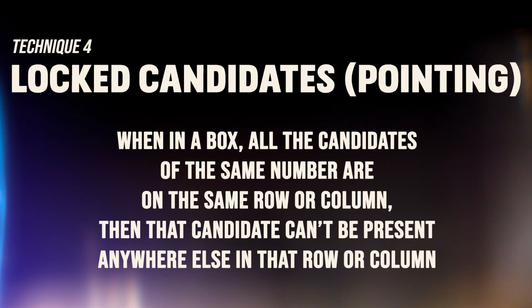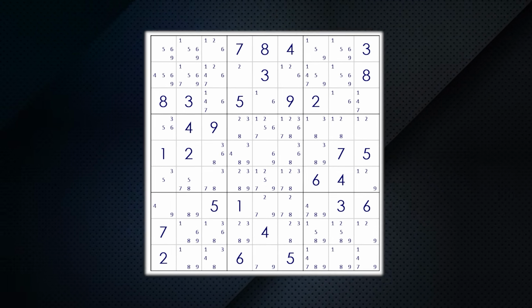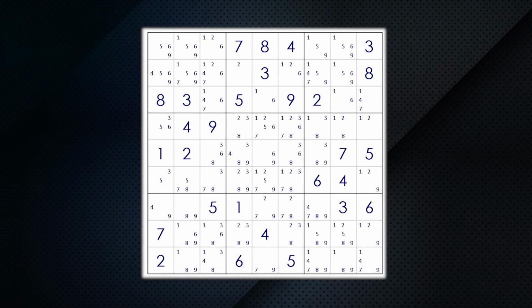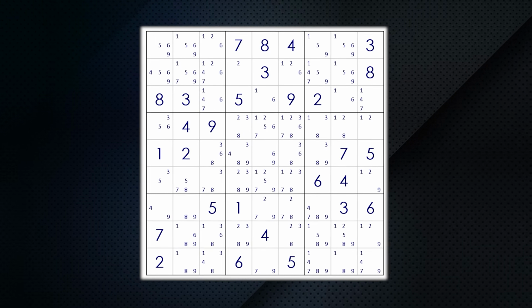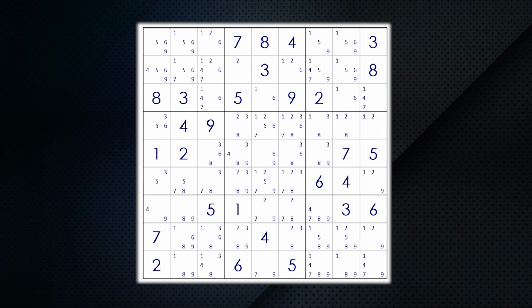It works like this. When in a box, all the candidates of the same number are on the same row or column, then that candidate cannot be present anywhere else in that row or column. So, in order to explain this technique, you first have to learn how to find locked candidates. And to do so, you have to check each of the boxes and see if you come across a situation like this,